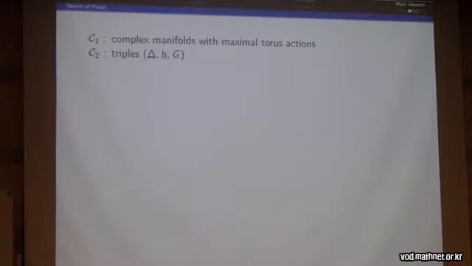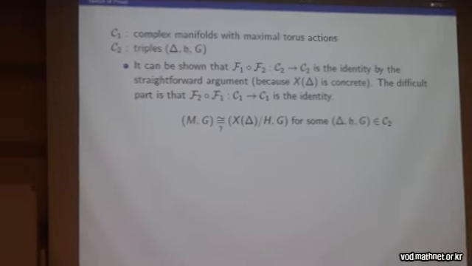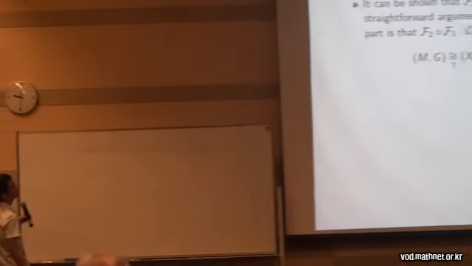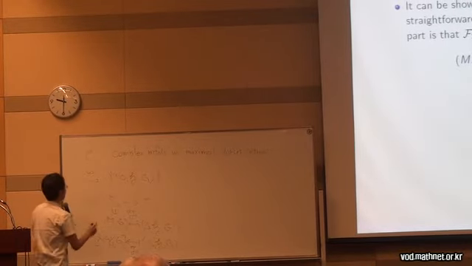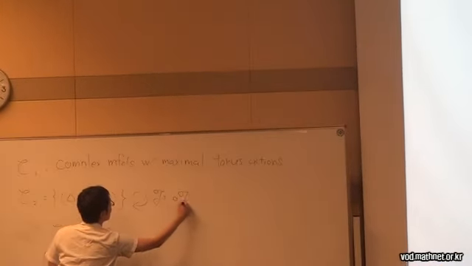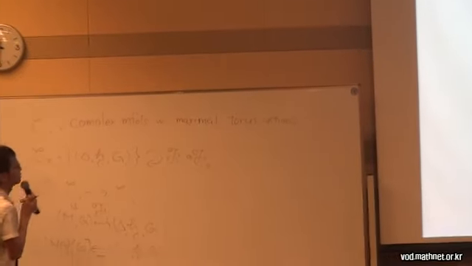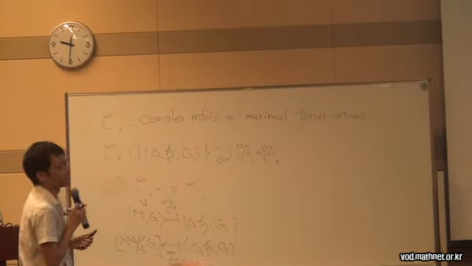So as I said, C1 is a set of complex manifolds with maximal torus actions, and C2 is the set of triples. It's not difficult to see that the composition F1 ∘ F2, which is a map from C2 to C2, is the identity, because